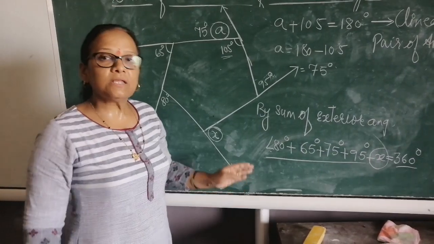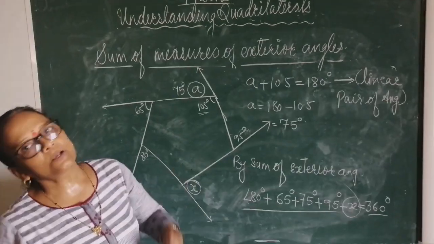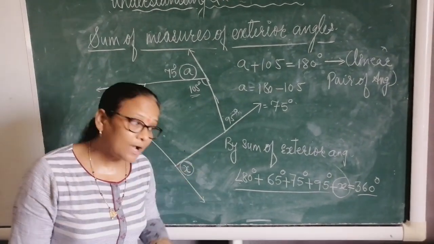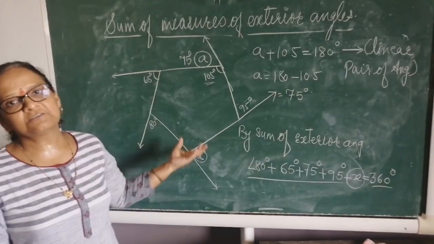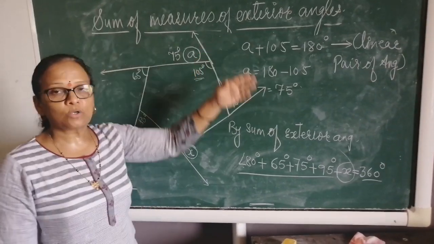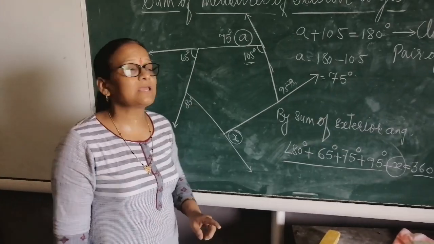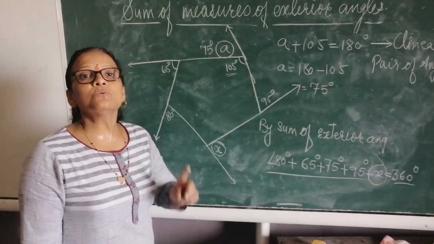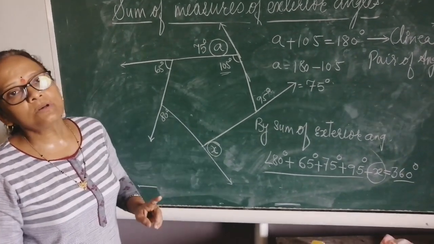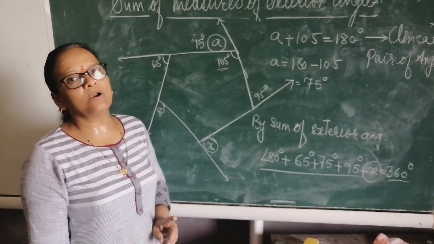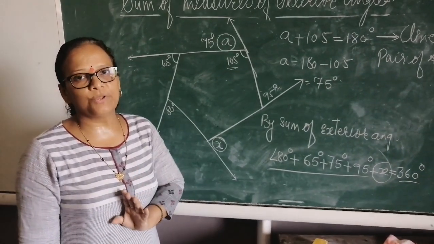Okay. Now here, in this video, we have discussed the regular and irregular polygon. Then we have discussed the diagonals, and then we have discussed the interior angle sum property and exterior angle sum property. On this topic, in your NCERT textbook, they have given exercise 3.1. You have to try to solve this exercise 3.1 on your own, and for any query you can contact me on my number or give me a message with this video.